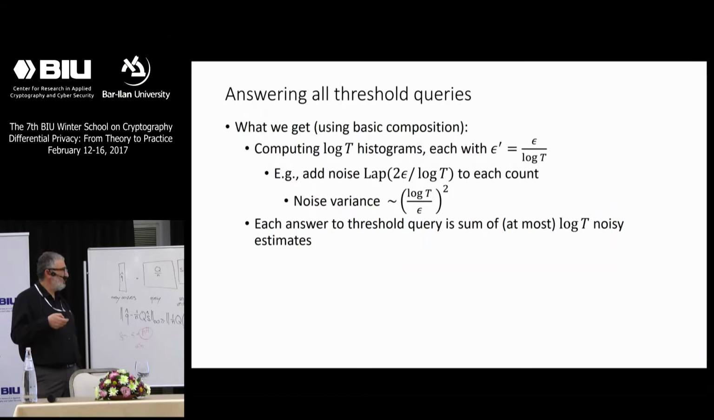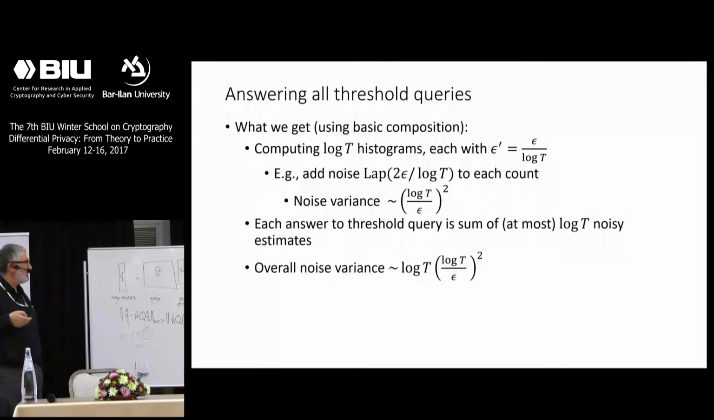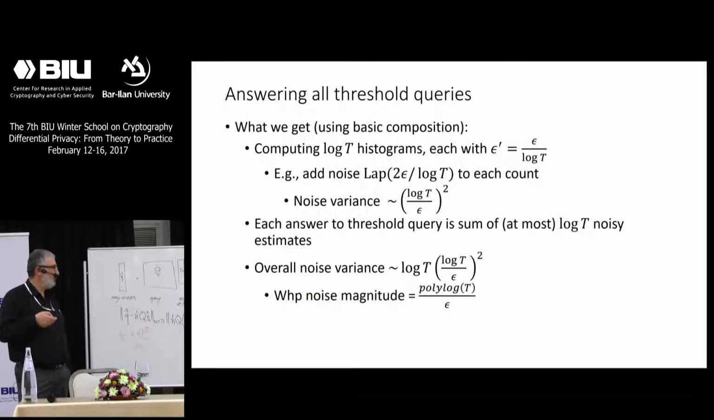Each answer to a threshold query is now a sum of at most log t values, because we're summing one value from each histogram. So the overall noise variance is logarithmic in t, and the noise magnitude we get overall is logarithmic in t. Instead of getting noise that is linear or polynomial in t, like root t or the third root of t, we're getting a significantly lower noise magnitude here. Okay, and the trick was to use